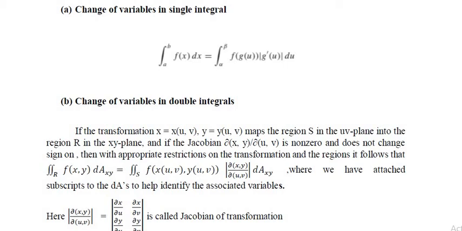That is, the double integral over R of f of xy dA is equal to the double integral over S of f, where in the place of x we substitute the function in terms of u, v, that is x of u, v, and in the place of y, y of u, v, into the modulus of dou of xy by dou of uv dA, where dou of xy by dou of uv is equal to the determinant with rows dou x by dou u, dou x by dou v, and dou y by dou u, dou y by dou v. This is called the Jacobian transformation.